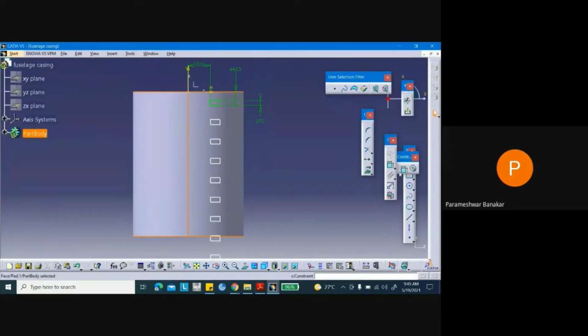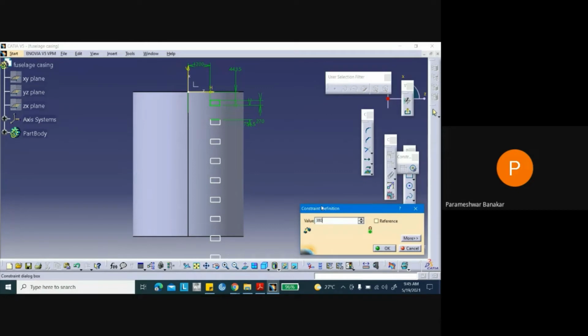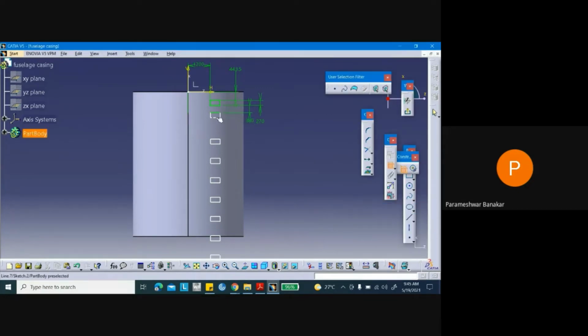So now the distance between each window is 380 mm. Select this line, and this line should be 380. Similarly, you are supposed to give for all the windows.